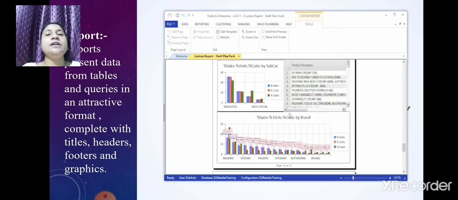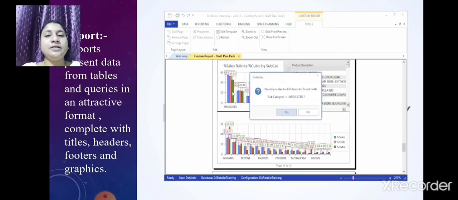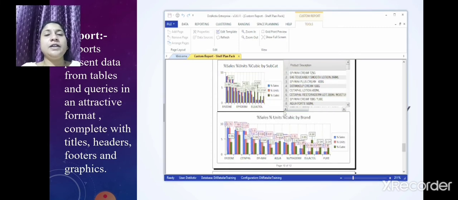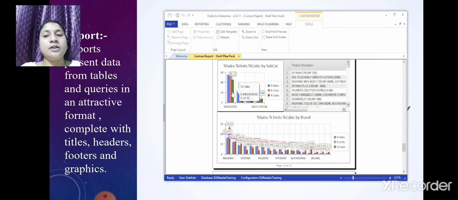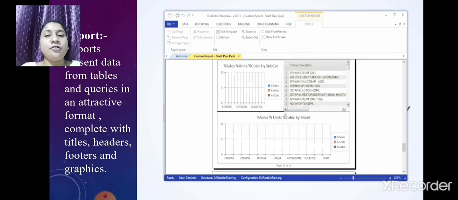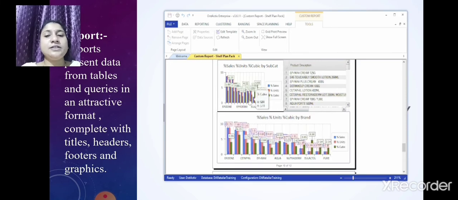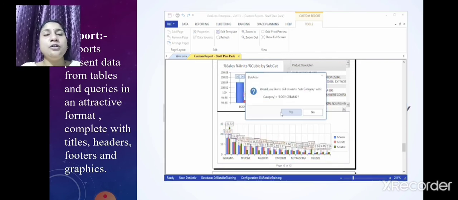Now see, once you have created the tables, you have typed the fields, you have inserted the records, you have done the forms, then the last thing you have to do is the report. How will your report look?